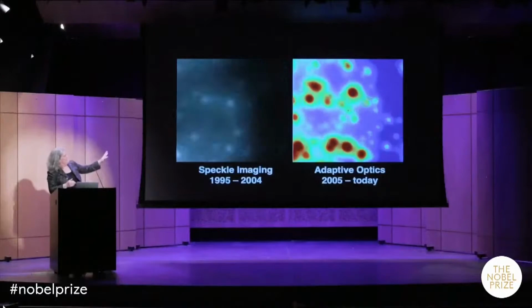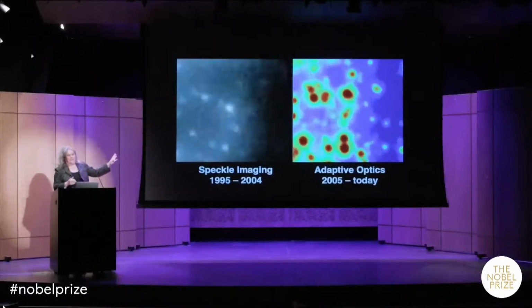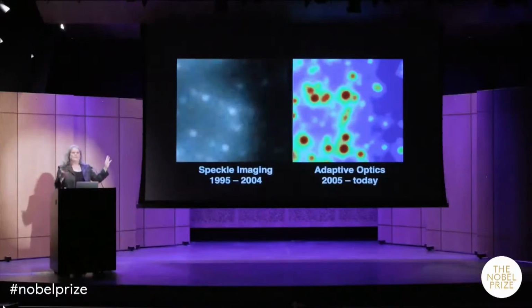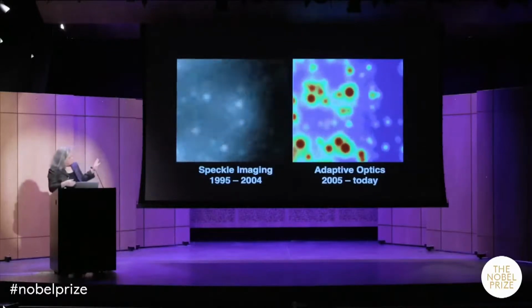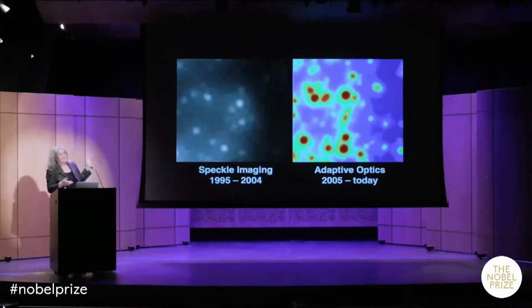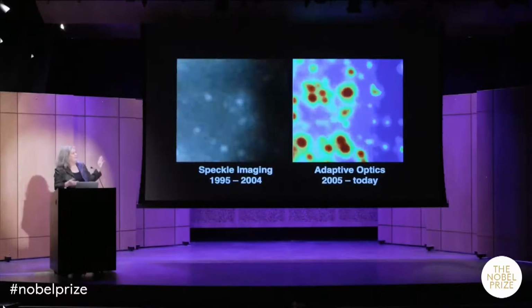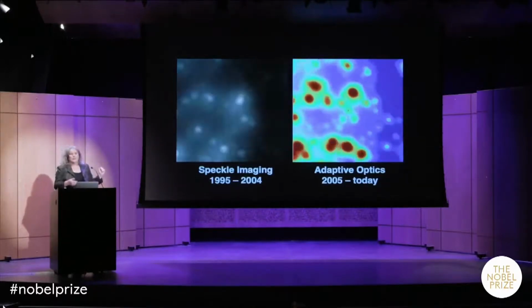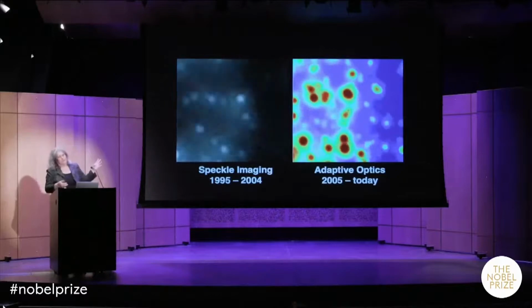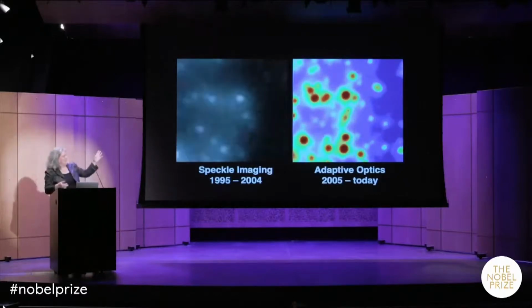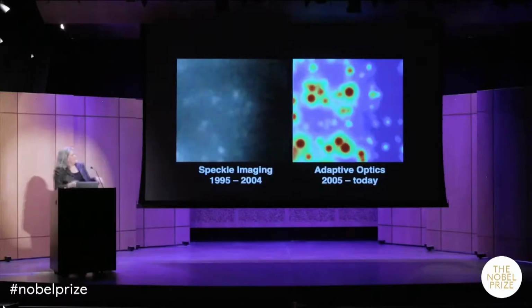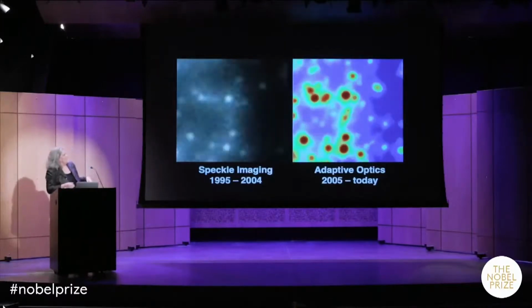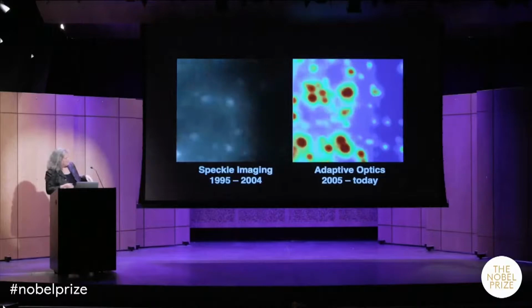So on the left is what we did for the first 10 years. That was the computationally intensive but hardware simple approach. It didn't give us much. It gave us an image at a single wavelength, but it told us that there were stars there. And you can probably find my favorite star in the galaxy. Its name is S02. It probably needs a better name, but for the moment, it's a name that actually helps us identify where in the field it is.